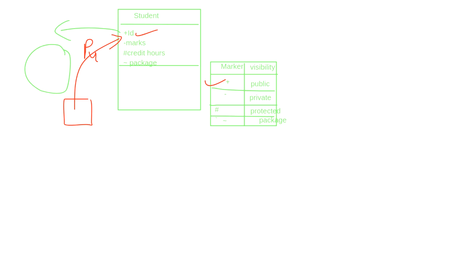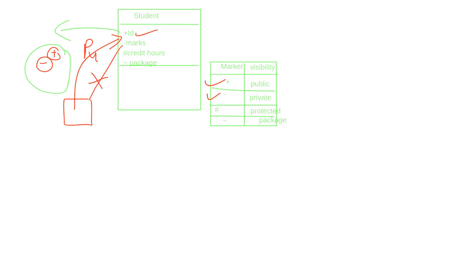But for some reasons, you don't want to give any information about marks to the outside world. Now if this outside class wants to see the marks, it cannot get access. Why? Because marks are private. Private means it is known only to the object. Public is also known to the object, and private is also known to the object.